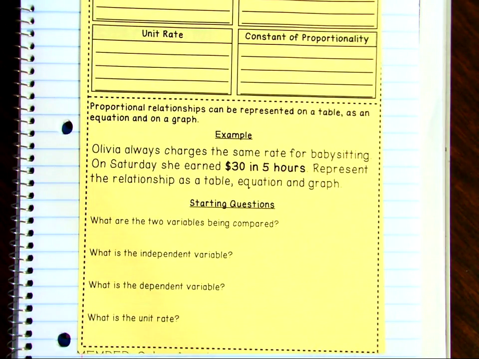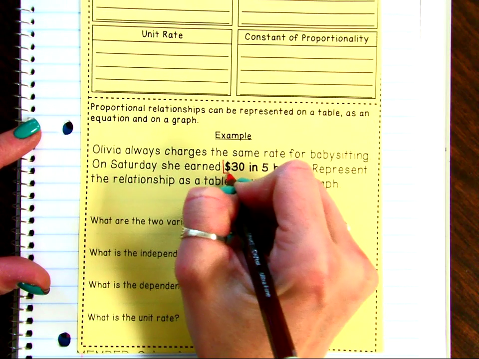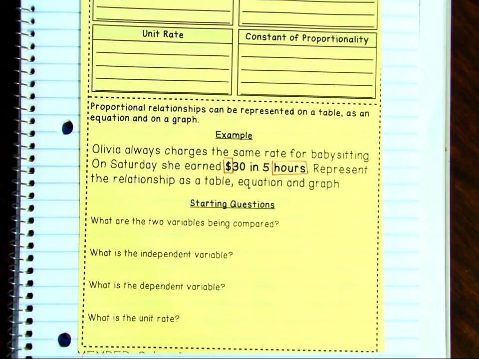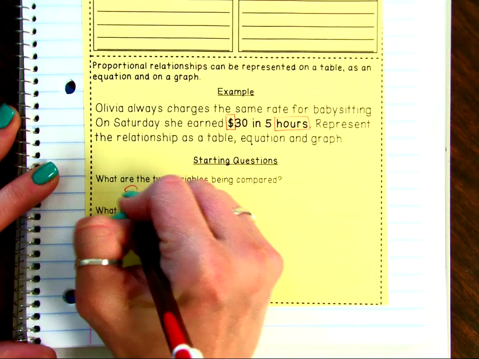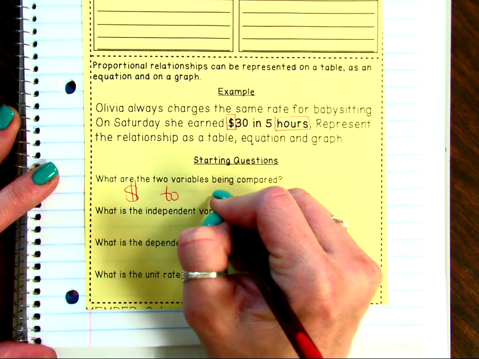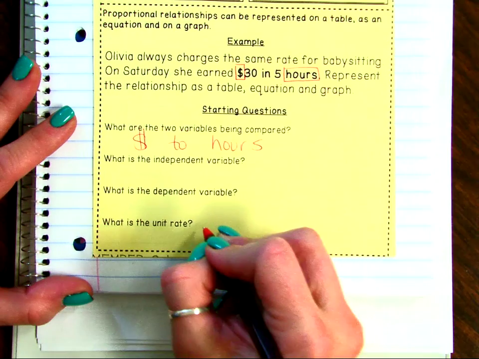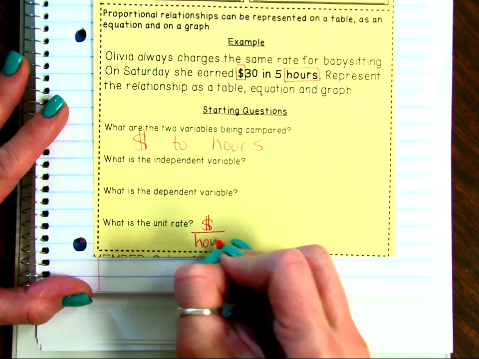Do you remember in 3-1 when I had you do a unit rate problem? I had you box out the two things we were comparing. So go ahead and take your pencil. It doesn't have to be red. I want you to put a box around the dollar sign and a box around the hours. Circle is fine. What are the two variables being compared? I'm comparing dollars to hours. Remember when I made you do that? I even made you write the dollar sign and the word hour, didn't I?